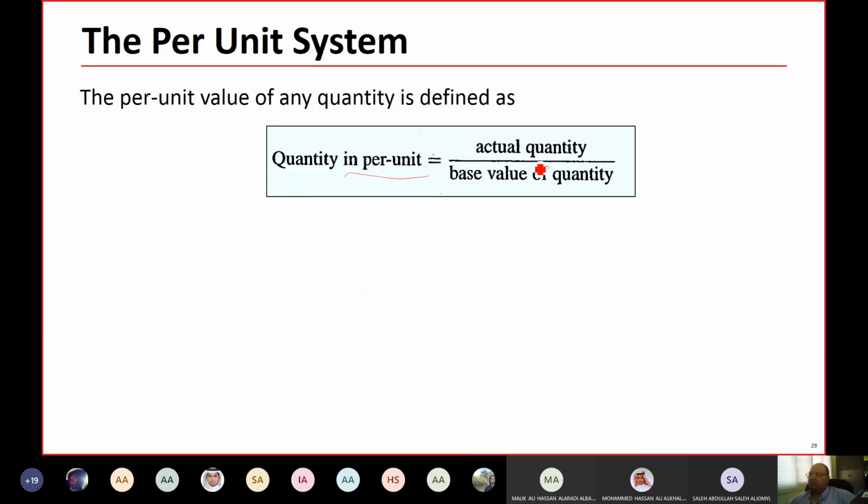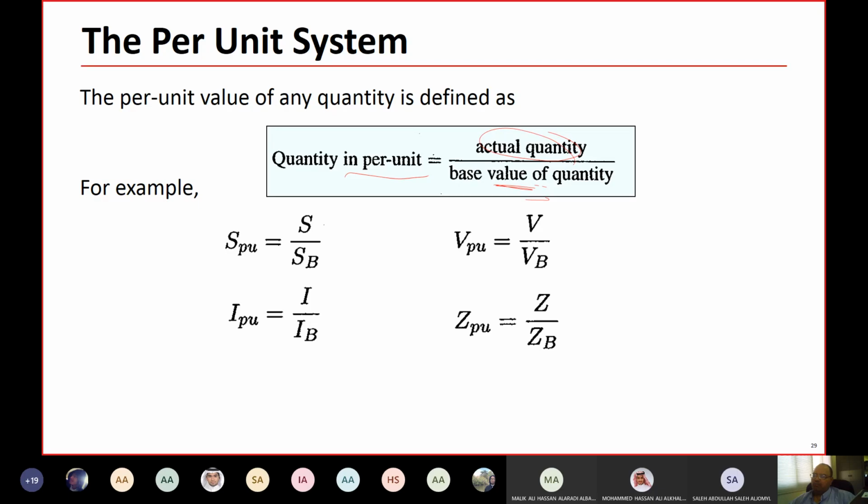So the per unit quantity equals the actual quantity over the base quantity. If you are given the impedance in ohm, then you divide the actual impedance over the base impedance calculated earlier. For example, S per unit equals S over S base, V per unit, I per unit,